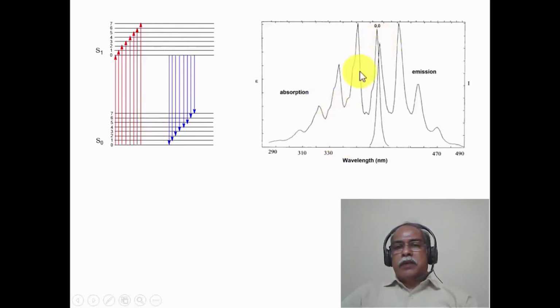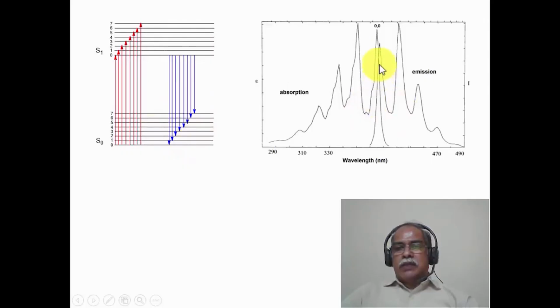What is important is the mirror image relationship that one can see very clearly between the absorption spectrum and the emission spectrum. This is 0-0, 0-1, 0-2, 0-3, 0-4, 0-5 and so on of the various vibrational fine structure, and this vibrational fine structure in the absorption spectrum corresponds to the excited state vibrational fine structure, because it is essentially coming from this process of excitation to various vibrational levels. So the absorption spectrum gives you information about the excited electronic state, whereas the emission spectrum gives you information regarding the vibrational levels of